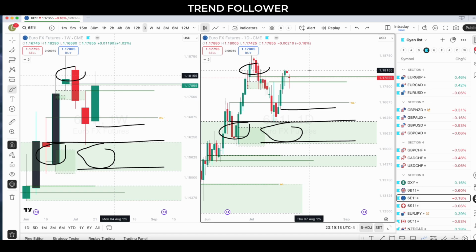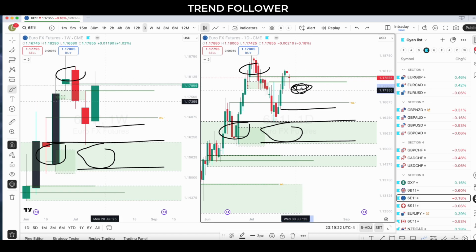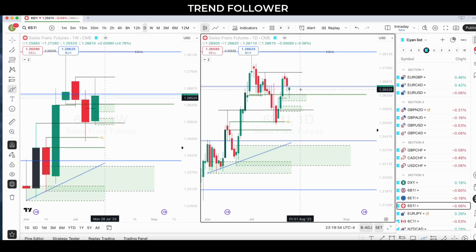Will that happen? I'm not entirely sure about that. But if there is any demand being formed here, I will focus on that if GBP USD takes the weekly slash monthly liquidity. So that's the plan for Euro. Okay. In terms of CHF,